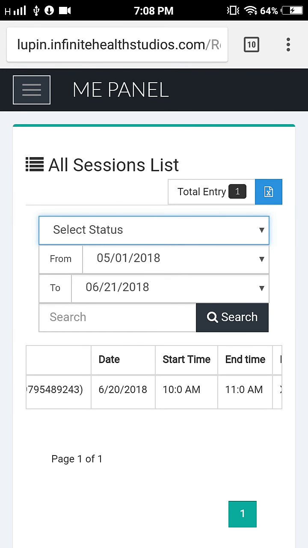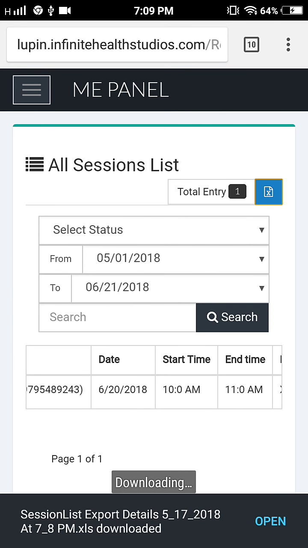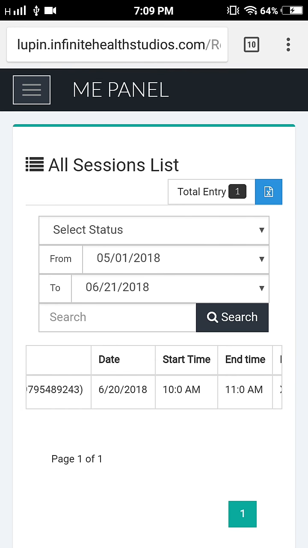On the very top right of this particular page, you can see there's a blue button. Now this is the export to Excel feature that we have provided you in this application, and the same can be used over a desktop mode also. So once you do so, it will automatically export the information to an Excel. So I'm just showing you how it is done.